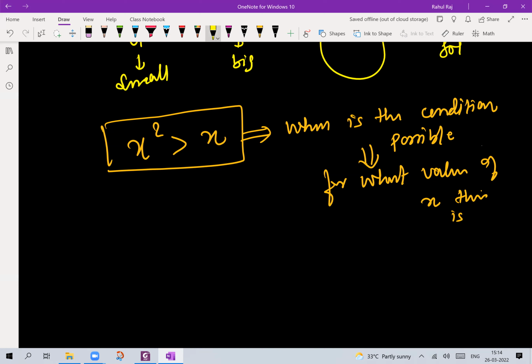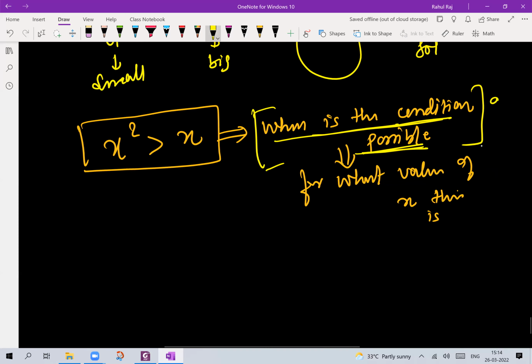This one line is extremely important, guys. This can solve your algebra question. When is the condition possible? Just this one line can bring your algebra headache down by 90%. You should 100% try and understand when is the condition possible. Whenever you see any sort of algebraic expression, imagine if I say x is equal to 0, do you think